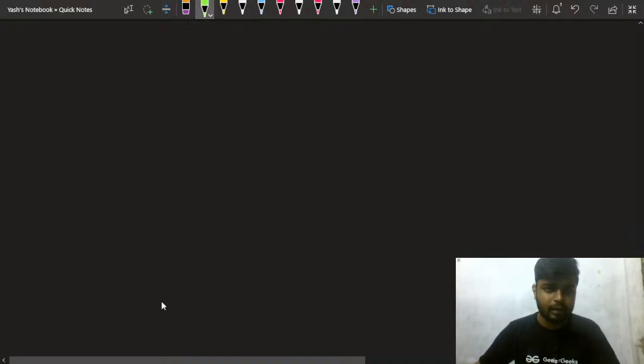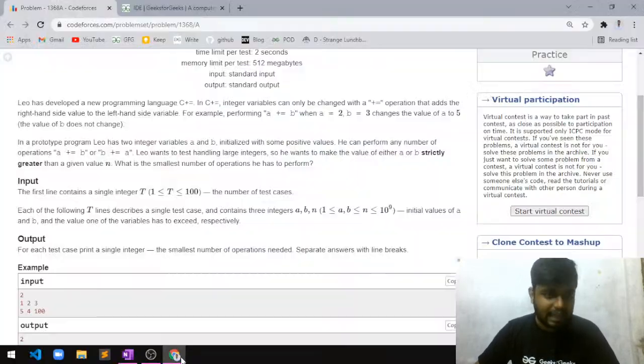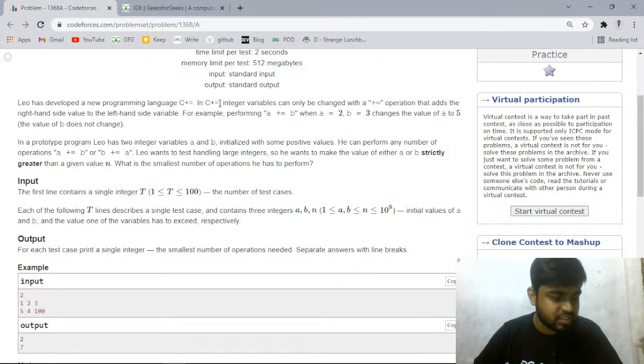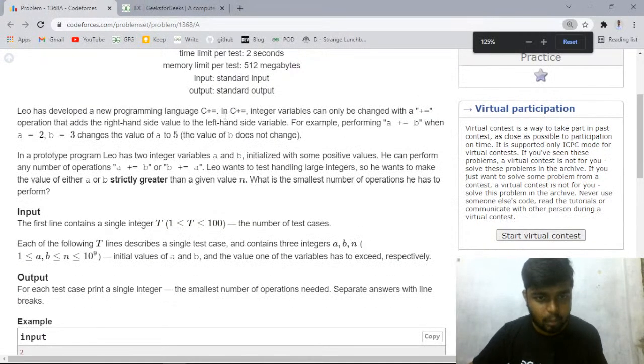Okay, let's move ahead with the further problems. This problem is named C plus equal to. There's a language that Leo has developed, named C plus equal to, and in this, let me zoom in a little bit more. So in this language, what will happen,